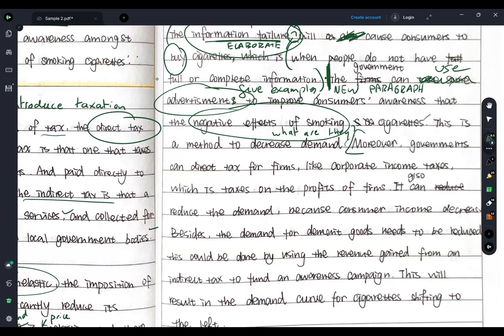If I had to do it myself, if I believed that talking about direct taxes was relevant, I would have combined direct and indirect taxes together. I would not put advertisement in between. Okay, so then